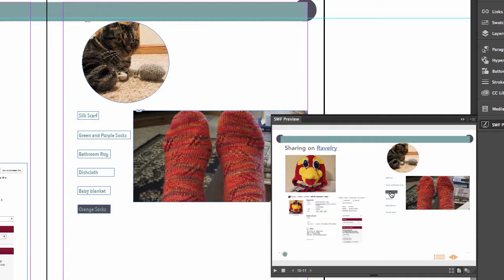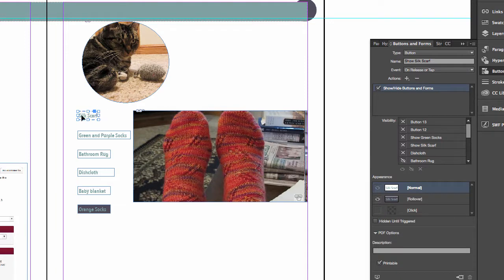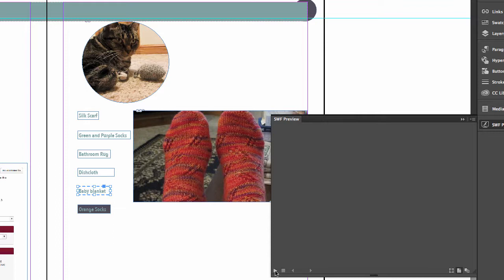Uh-oh. But what's happened? Well, what's happened is I created this new show, and I have to go back in and alter it on these buttons as well. So let's look at that. So again, back to my buttons and forms. I'm going to click this text, and I just want to go down to the orange socks, and I want those to be hidden. And I need to do that for every single one of these because all of this content is interrelated. So there is a little work that you need to put in to get this look correct, but once you do, and it doesn't take super long,